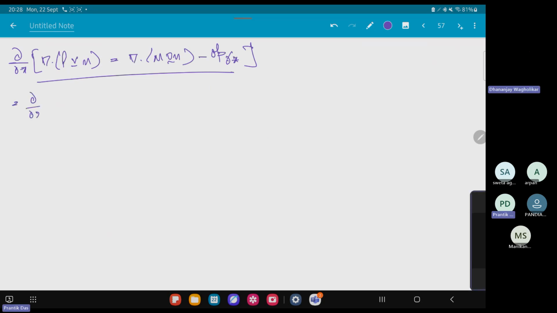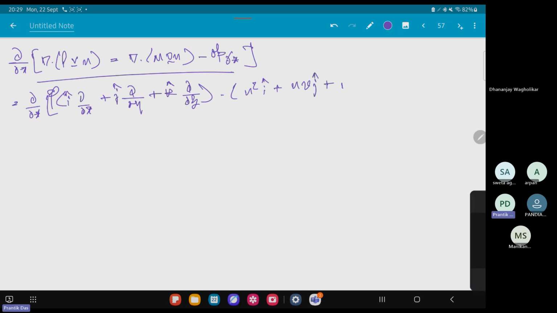So ddx of it will be i cap ddx of plus j cap ddy of plus k cap ddz of, minus of rho u square i cap plus... rho should be outside since I'm considering the condition for which I'm deriving the equation, that is basically incompressible and steady state in nature. So u square i cap plus uv j cap plus uw k cap. Okay, so this is equal to ddx of